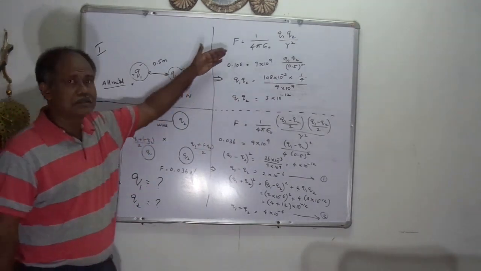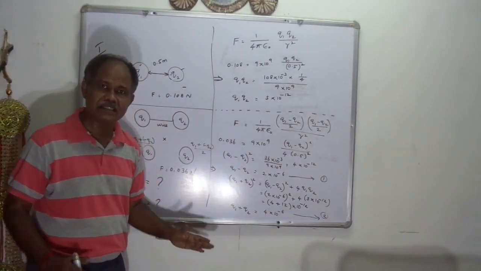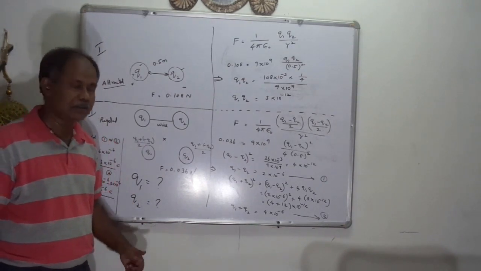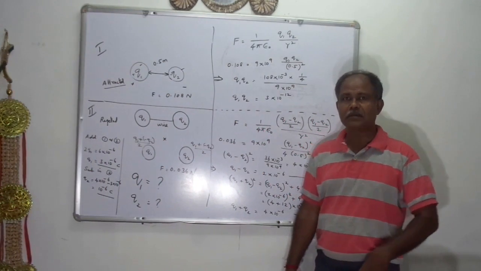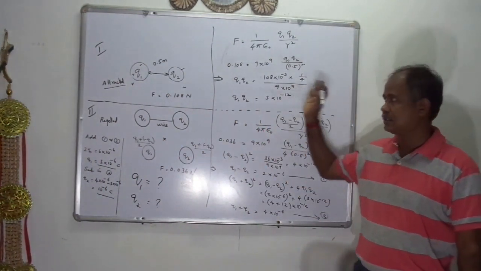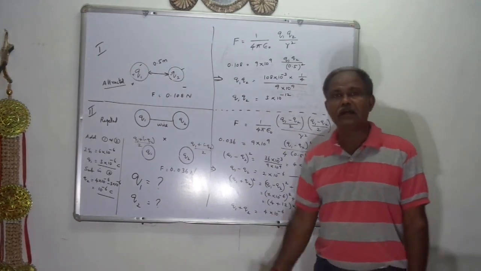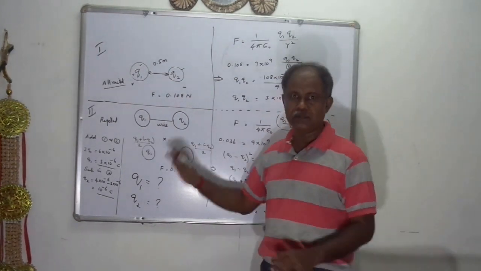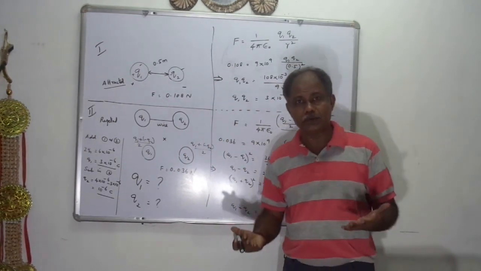This is a simple method. You can easily find this Q1, Q2. Are you able to understand? These types of calculations are very important. Sometimes we must remember all those calculations in a detailed manner. Then only can you switch over to the next level, solving the problem. It's a very interesting problem, and you should remember this problem also.